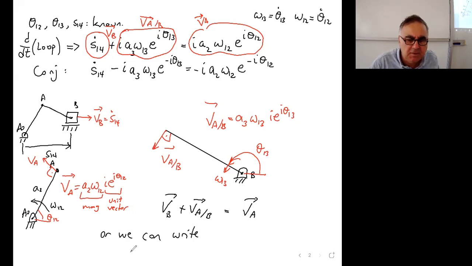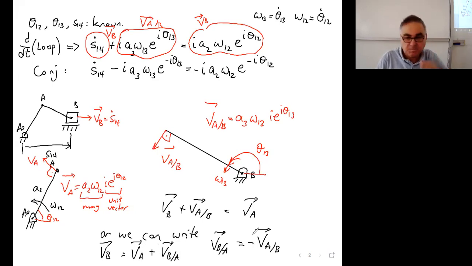Or we can actually write VA plus VB relative to A is equal to VB. And we know that VB relative to A is the negative of VA relative to B. Okay. For example, we can write S14 dot, which is VB, is equal to